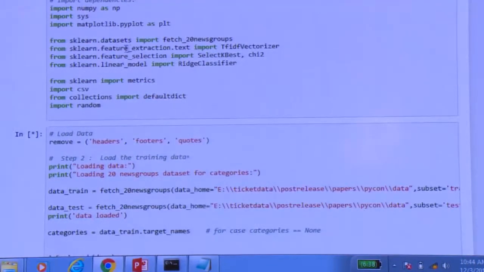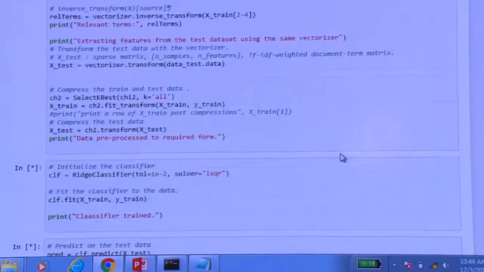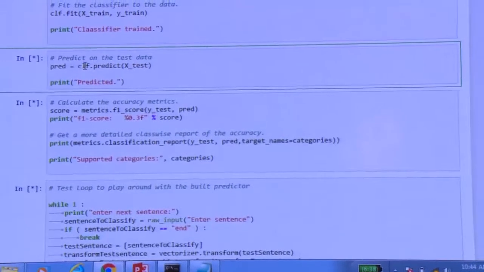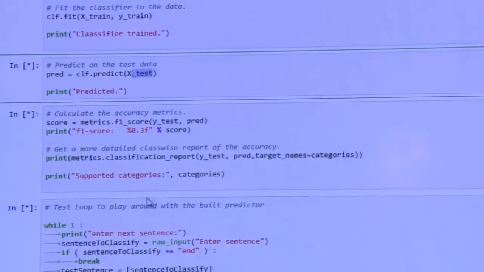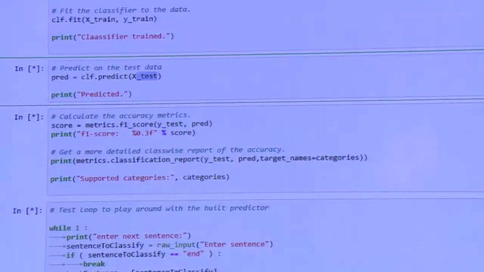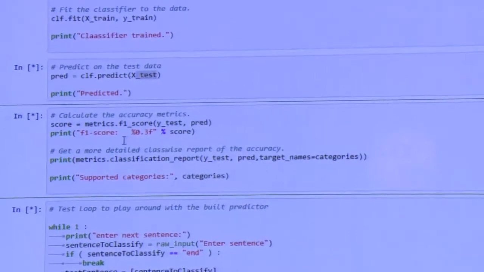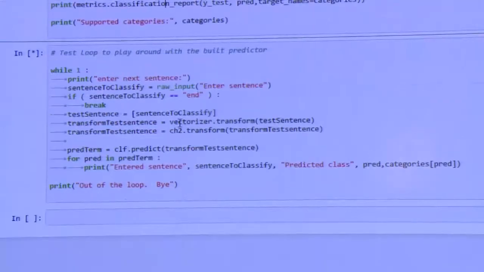Okay. So now that we have done this, the training is completed, and your CLF holds your training. You predict with the classifier, CLF.predict, and you send the test set. The test set is a list of instances on which you want to predict. Each value in X test is the corresponding vectorized text description. So this is your X test, and finally you would calculate the metrics of how well your classifier did. Okay, so this is how your code looks.